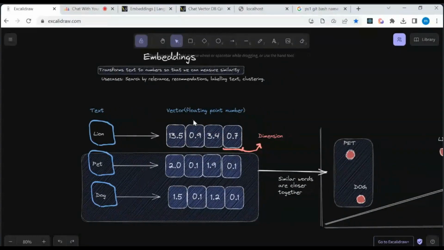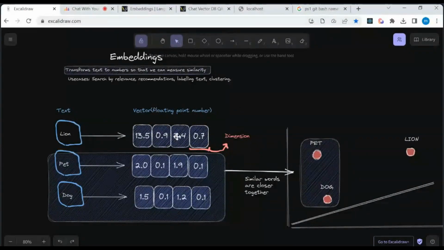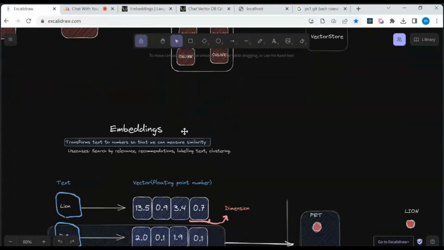So you have those 1,536 dimensions for that particular text that you store as a chunk, right? So you have the chunks, then